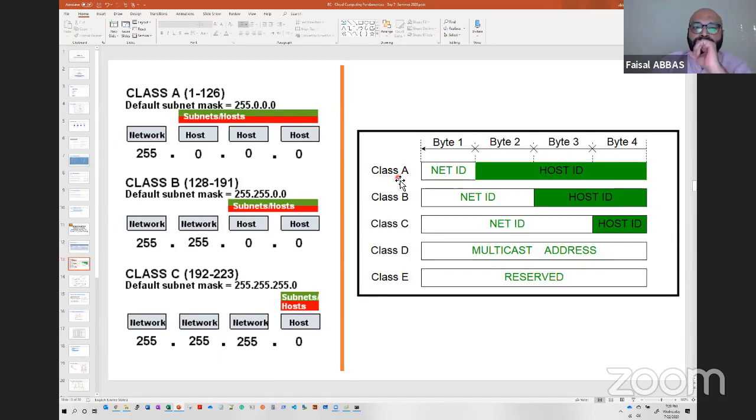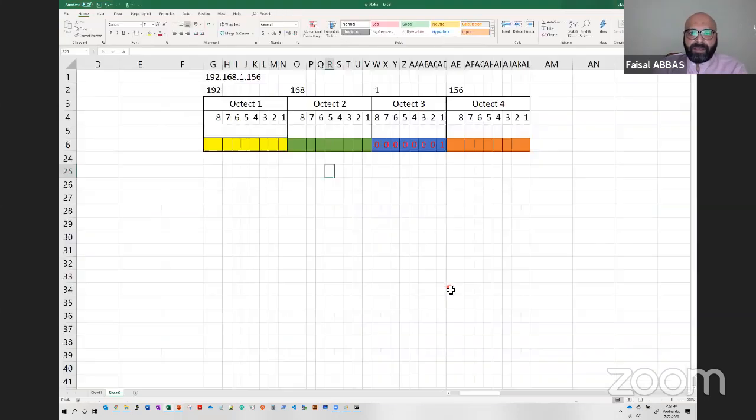Okay. So in Class A, the IP addressing starts from 1 and it goes up to 126. Actually, it goes up to 127. So 1 through 127 is Class A. Okay. What is that 1 through 127? That is the first octet. Okay. Here you see the first octet. So Class A is,